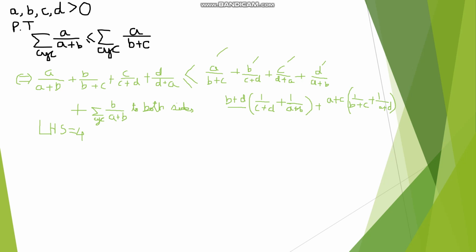See, now we are applying AM-HM inequality. Applying AM-HM inequality here, these are the two terms of AM. This by 2 will be greater than or equal to 2 by 1 upon each of the terms. Imagine the thing I am telling: move the 2 to the numerator of the RHS. It will become 4 by the reciprocal of each of the terms. 1 by C plus D, its reciprocal is C plus D, 1 by A plus B, its reciprocal is A plus B, which will simply turn out to be, from AM-HM inequality,